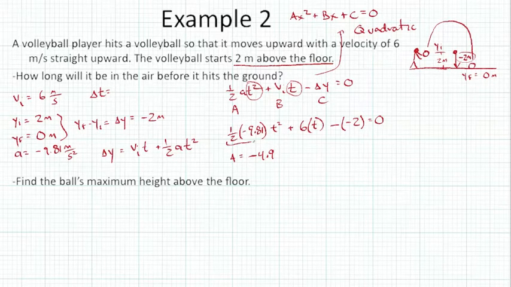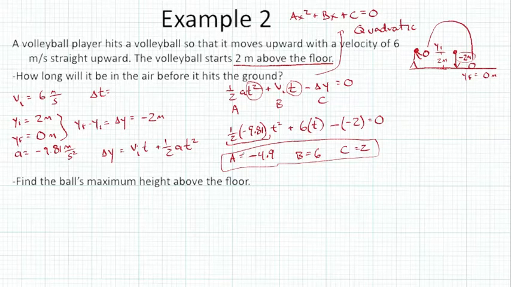Because negative 4.9 is 1/2 of negative 9.81. Our b value is merely going to be 6, and our c value is going to be 2. So if we put those in for our quadratic formula, whether you use the quad form program or do it out longhand or use a program on the computer, it doesn't really matter. These are our values